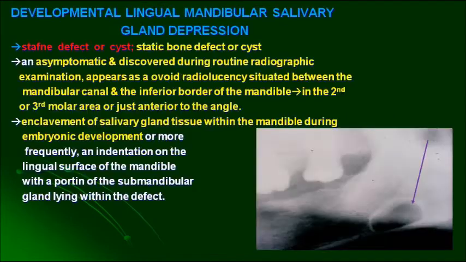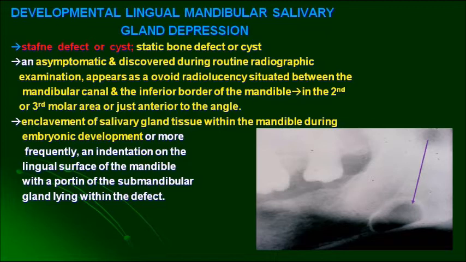Now let's move on to developmental disturbances of the salivary gland. Only one lesion we have to learn in case of salivary gland developmental defect, that is Stafne defect or Stafne cyst, but it is very, very important. So listen carefully, what is a Stafne defect or cyst? During the embryological development of the salivary gland tissue, a small portion of the salivary gland tissue gets embedded within the mandible. When we take a routine radiograph, we can find it, and it is known as Stafne defect or cyst.